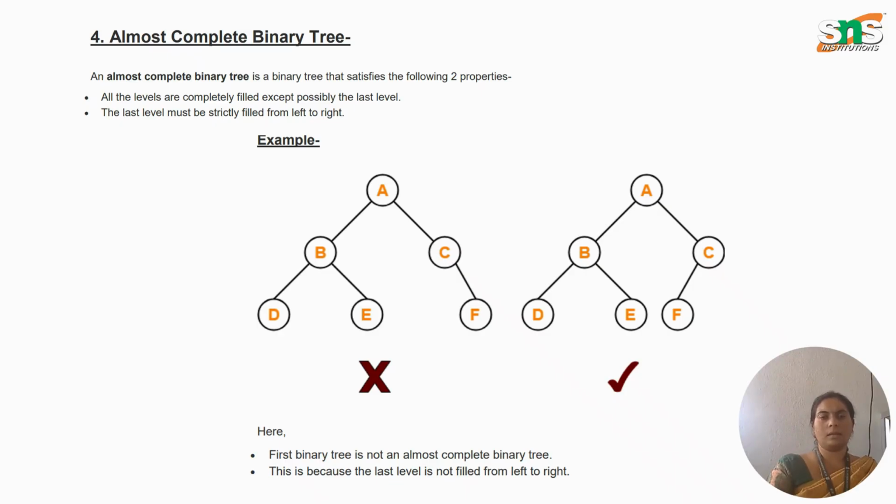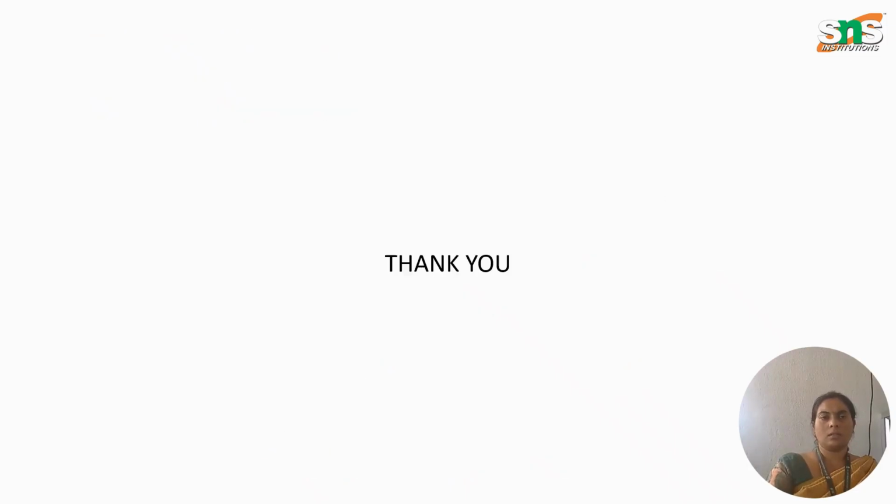This is also a binary tree, but as per the rule of a binary tree, the leftmost node should be filled first, followed by the rightmost node. So this is said to be a complete binary tree. So the next we see is